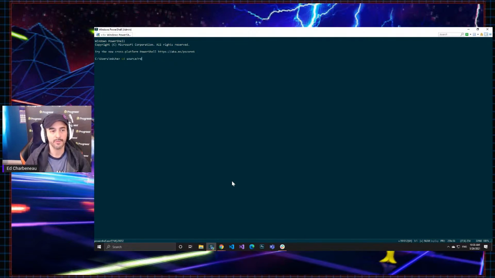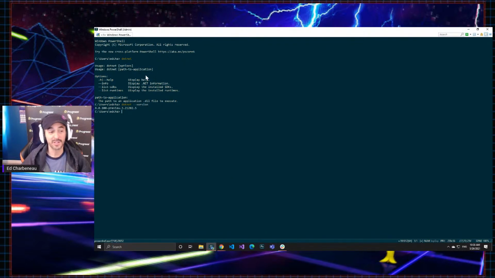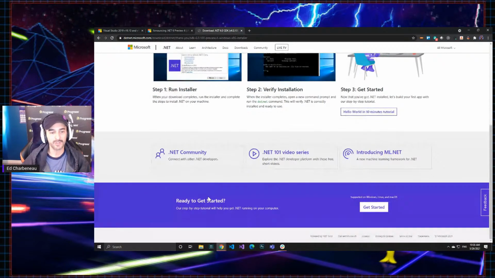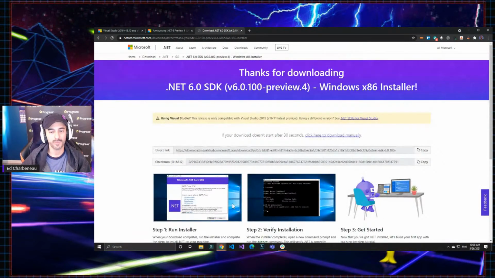Source again, repo, or let's just do it right here and see. .NET. I'm still getting preview 3 in this. So if I have to reboot, which I don't believe you normally have to do,